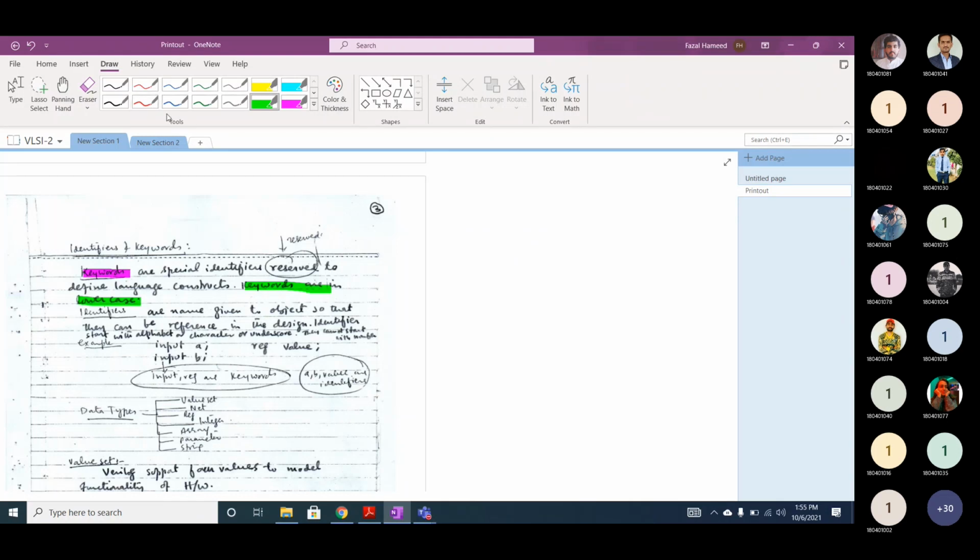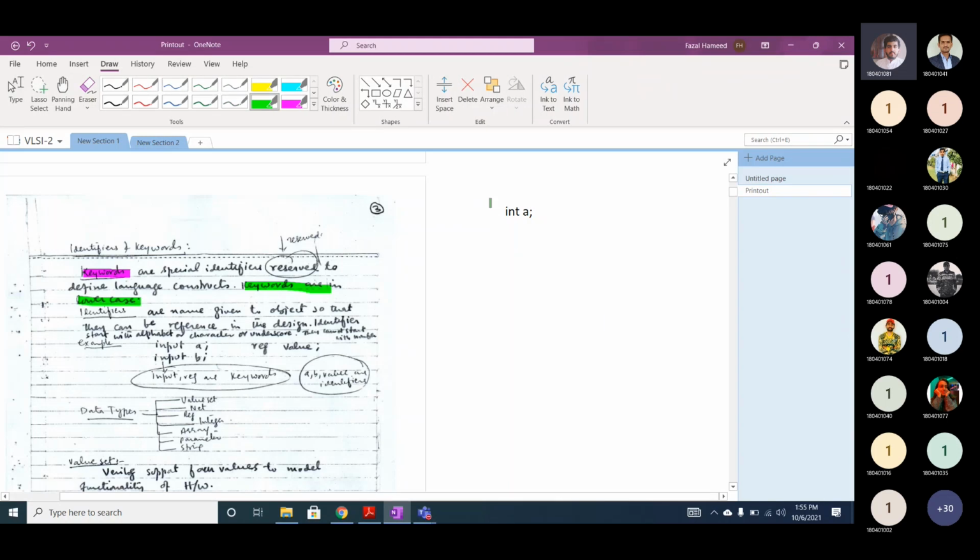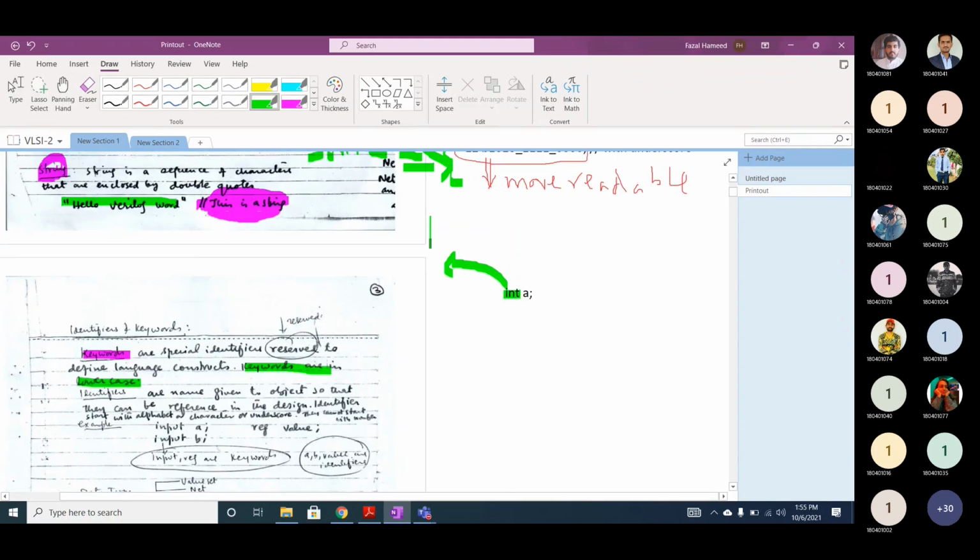You already studied C language. If you remember in C or C++, if I write int A, what is int? Integer. Integer is a keyword.